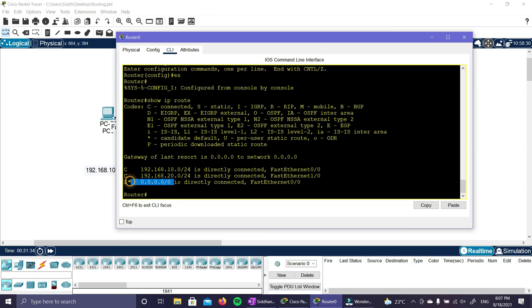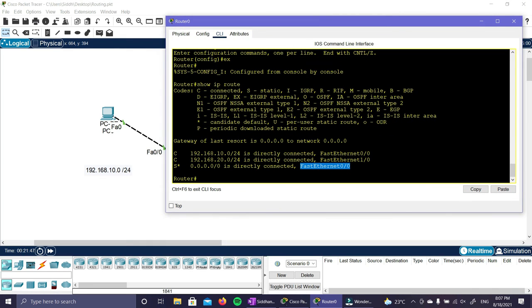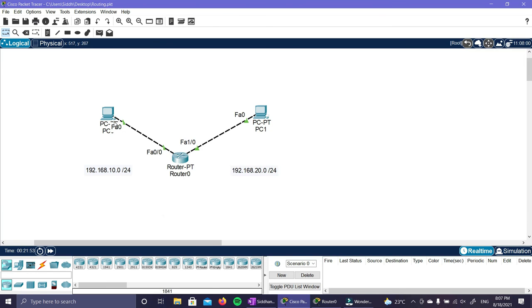Here you can see the default route. I have configured the default route 0.0.0.0/0 directly connected to FastEthernet 0/0, which means all other packets not going to 10.0 or 20.0 will go to FastEthernet 0/0, which means this PC.